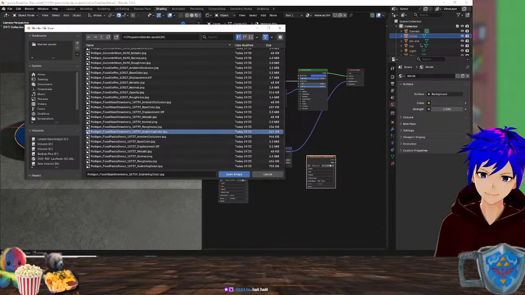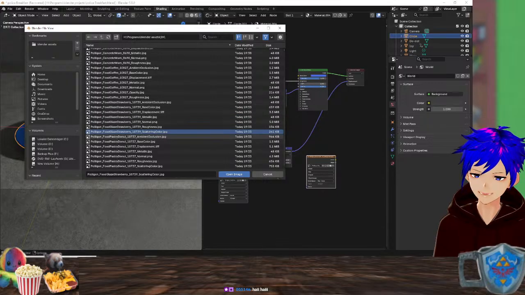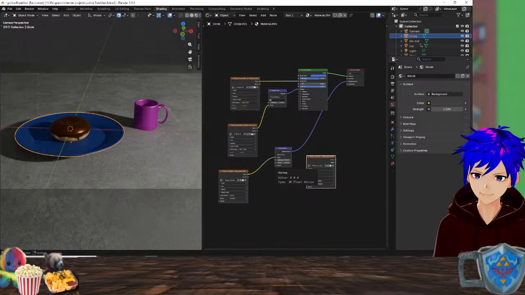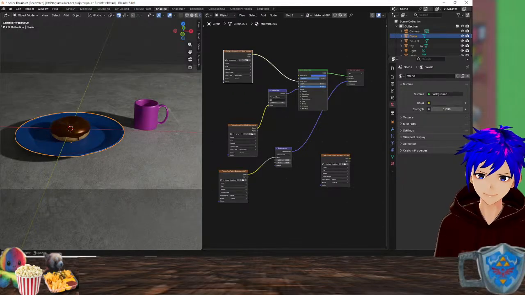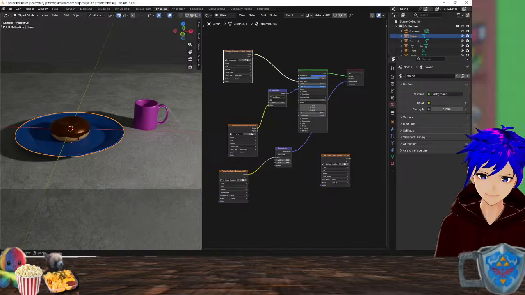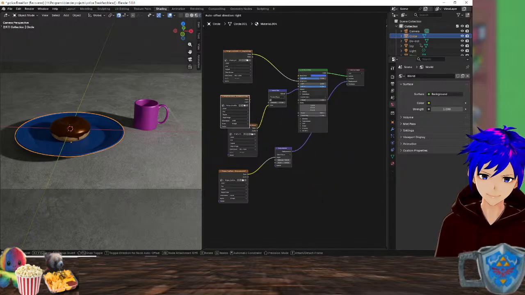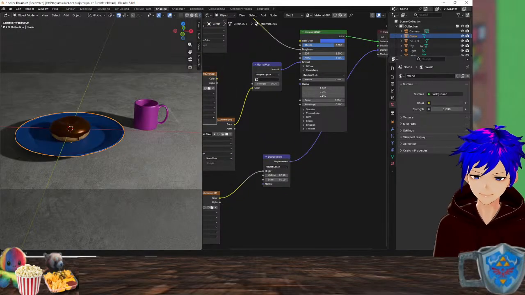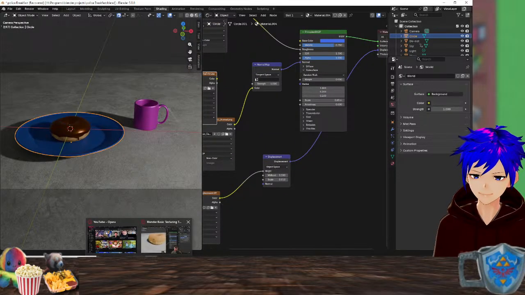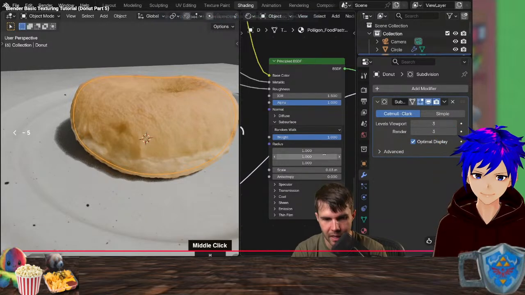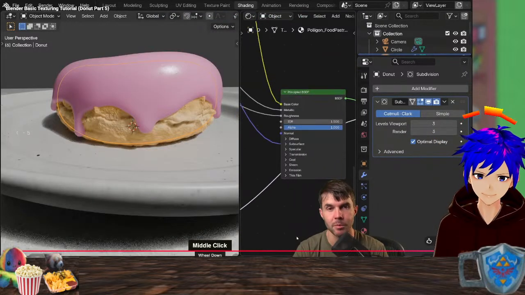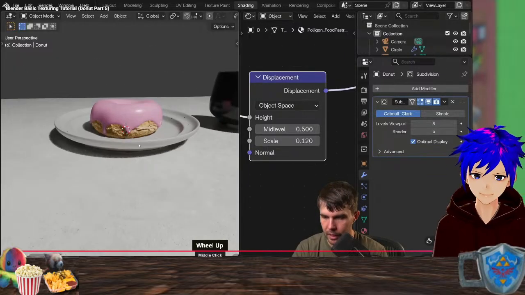Scattering color. How did you have that connected anyway? Nice. Stuff that we had is the sub 2, like that.